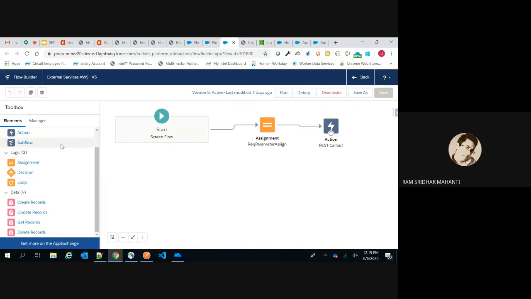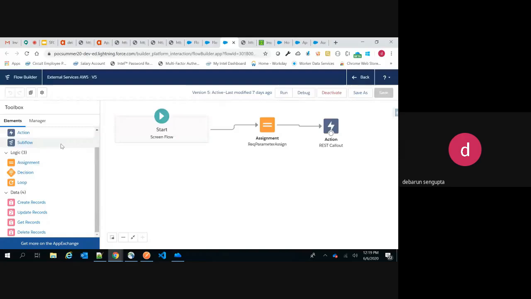We need two flows, or how is it called? You are saying it is only protected by OAuth and there is no API key involved there. It is simply protected by OAuth. There is no API key action involved in that API, right? Yes, we get the access token, and with the access token we call out the service. So in that case, how is it done?